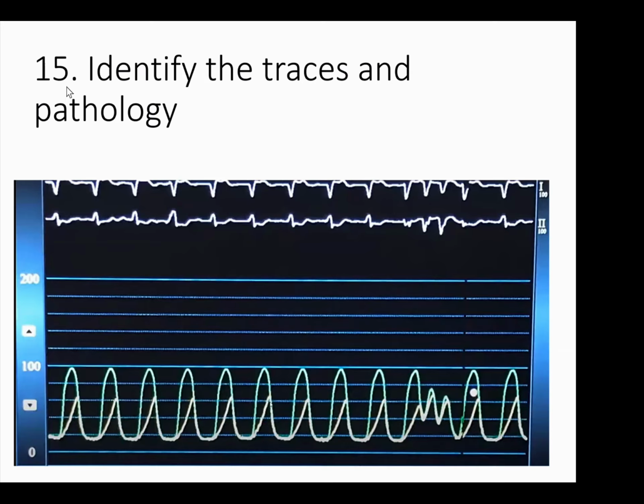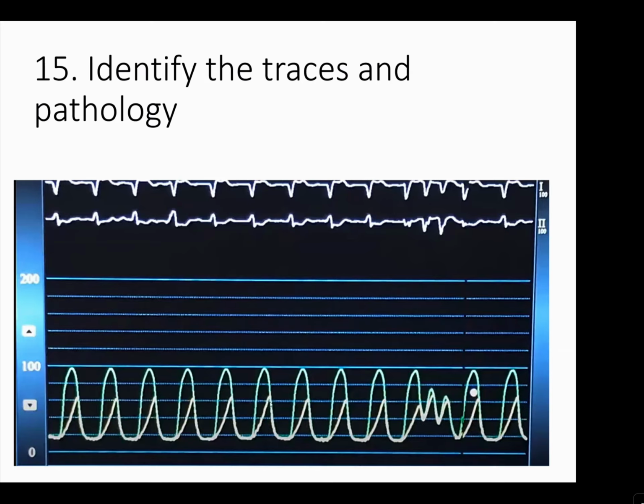So you are telling it is aortic stenosis. Why in aortic stenosis will the aortic diastolic pressures be equal to the LV end diastolic pressures? So first you have to identify the traces. So first of all, this is a